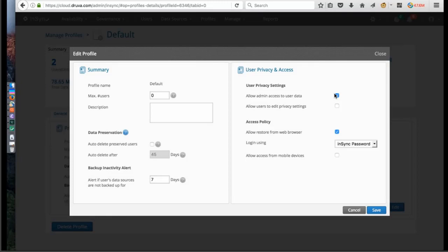So, a great story about a Dhruva customer. There was a large pharmaceutical customer. They were doing a laptop refresh of tens of thousands of systems. And they discovered that their backup agent software wouldn't be supported in their refresh platform. And not only that, it turned out a lot of their backups hadn't been working anyway. So what happened was they sent out Dhruva